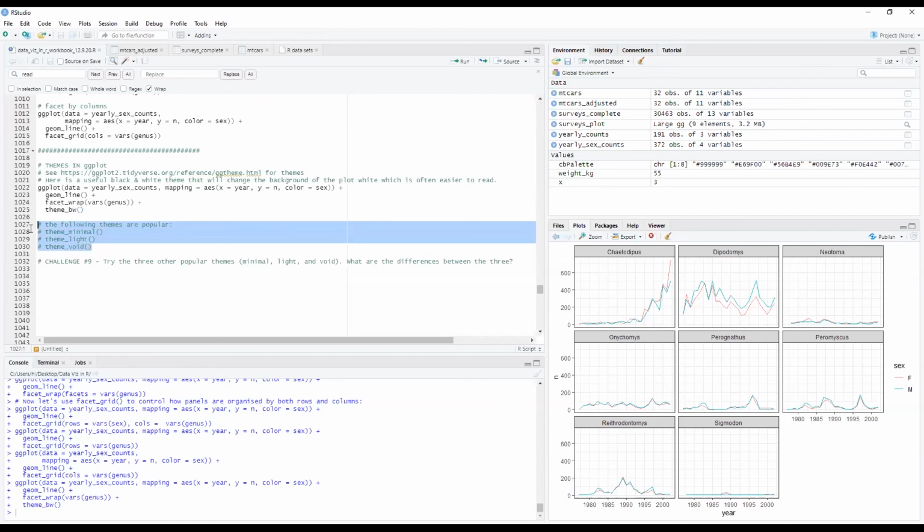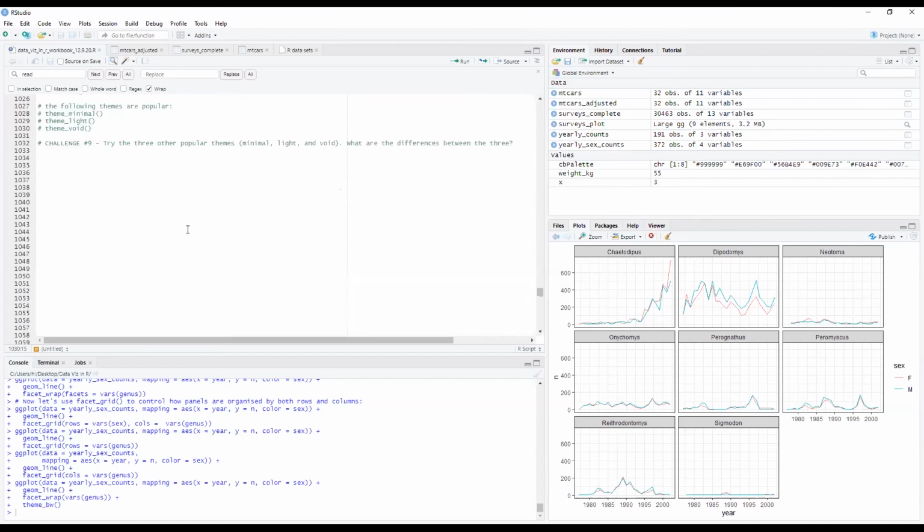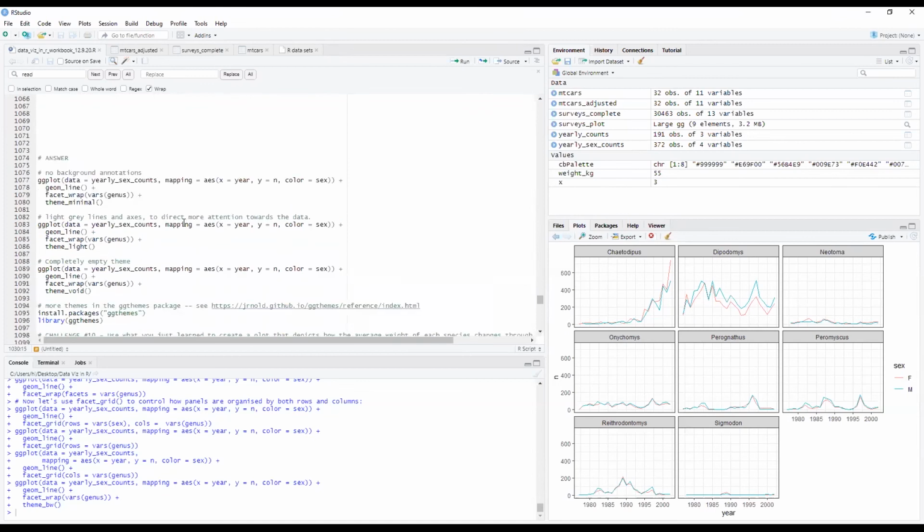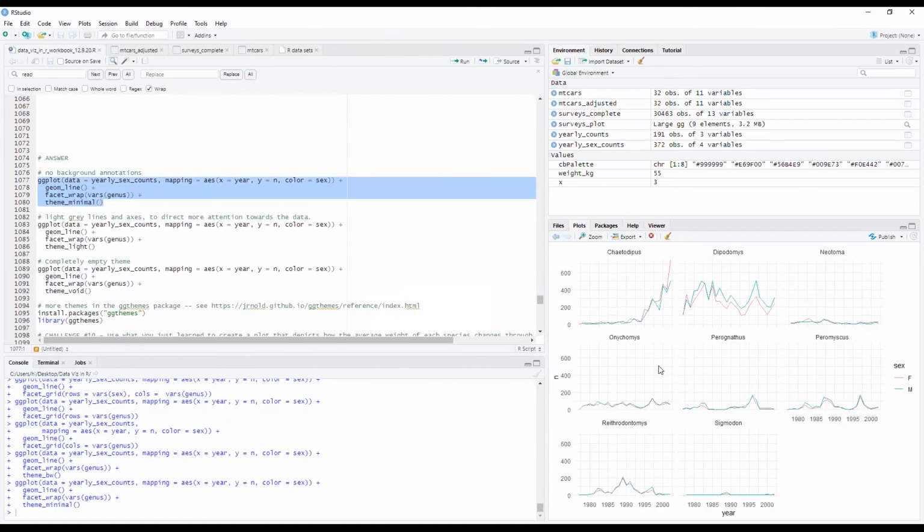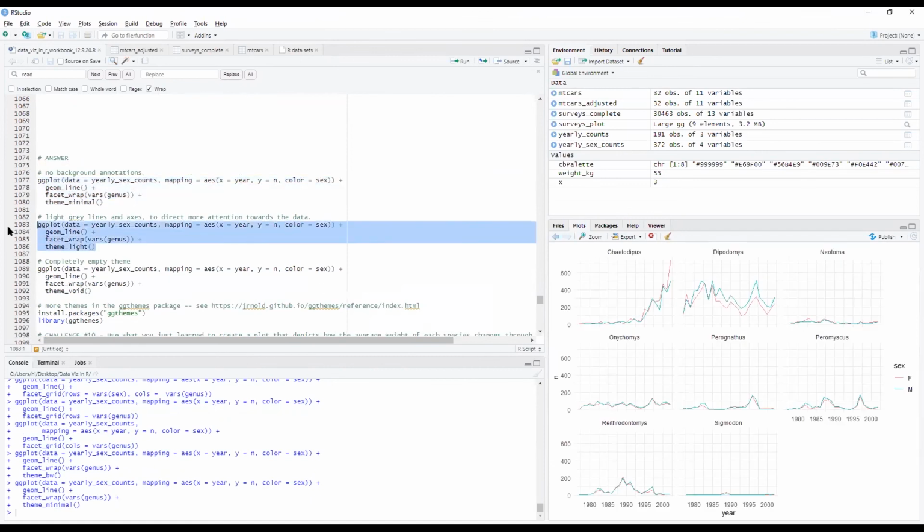And there's multiple themes. Here are some popular ones: theme_minimal, theme_light, theme_void. These are themes that you can try out, and they change each of these to look a little bit different. Here's some examples. Here's the minimal theme. It gets rid of a lot of different borders on the outside.